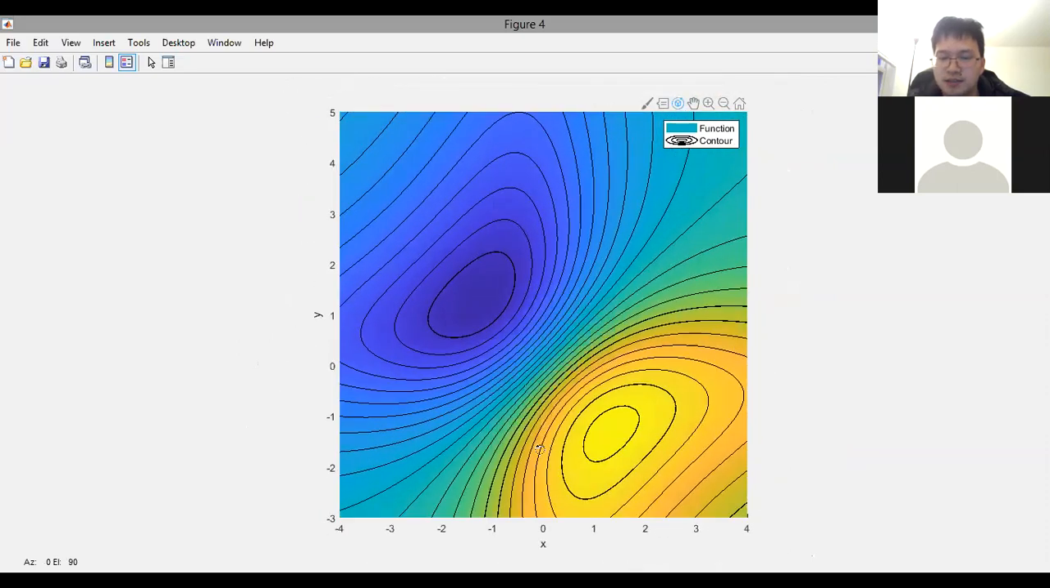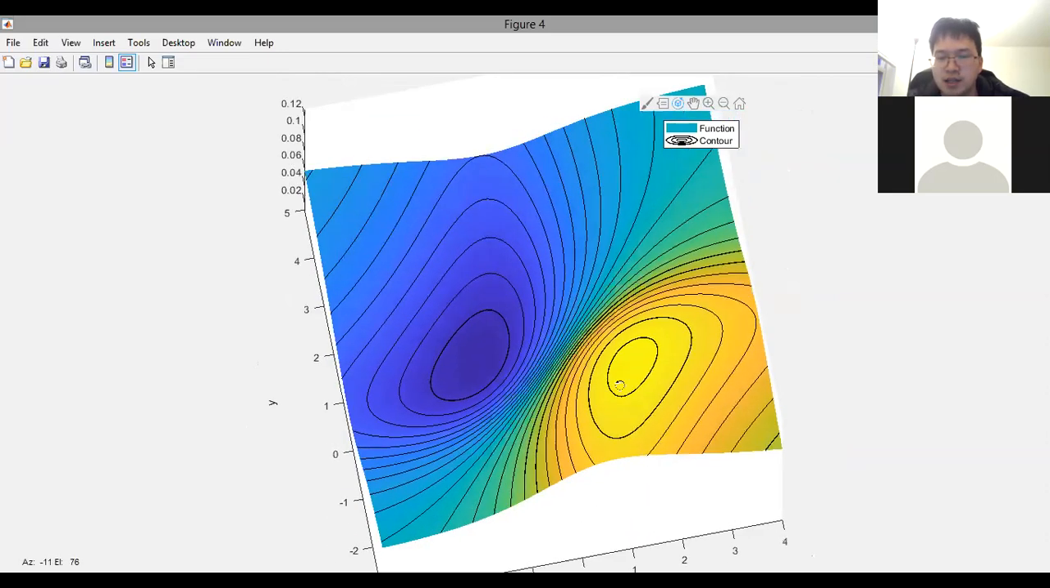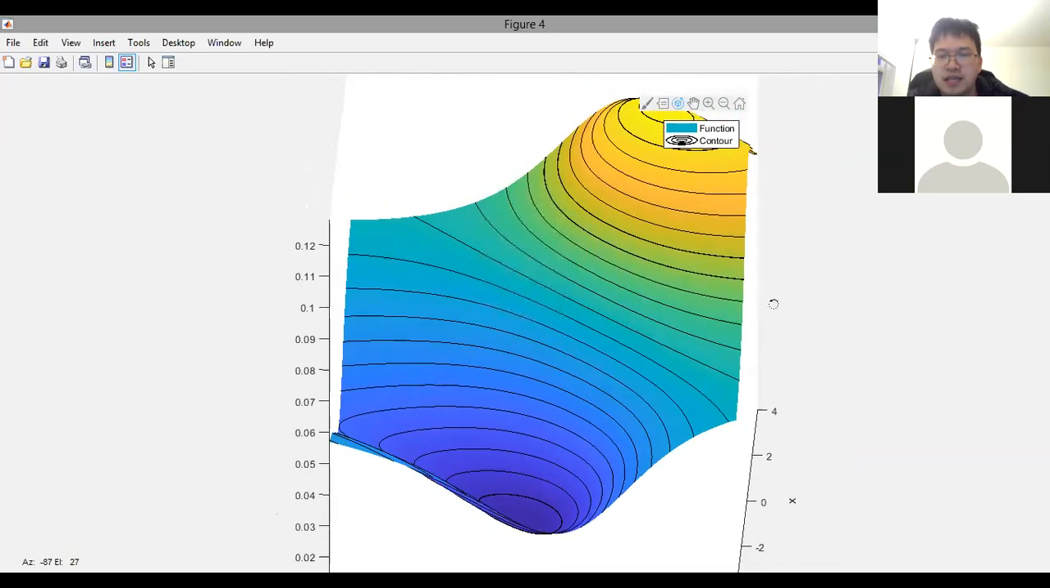So you can imagine this, right? Next time when you look at a contour, you can think about this actually being a 3D surface, right? Okay, that will be our first demo. Let's come back to our major